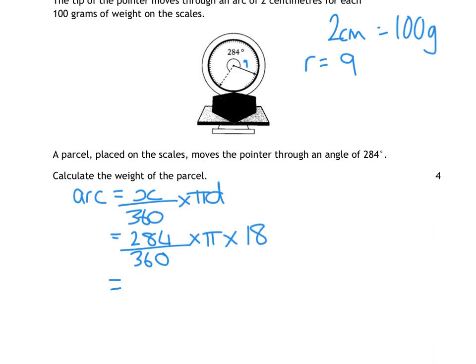So type that into your calculator, and it gives us 44.61 centimetres. It tells us that it moves 2 centimetres for every 100 grams. So how many 2 centimetres is that? If you divide that by 2, that will tell you how many lots of 100 grams you got. So I'm going to divide it by 2, and then times that by 100. So dividing it by 2, times it by 100, gives you